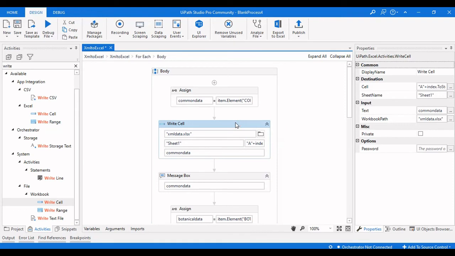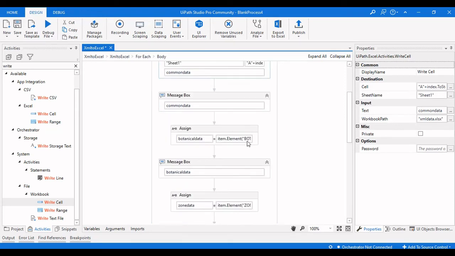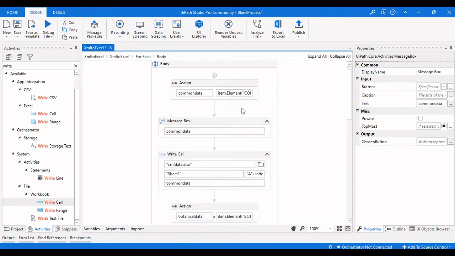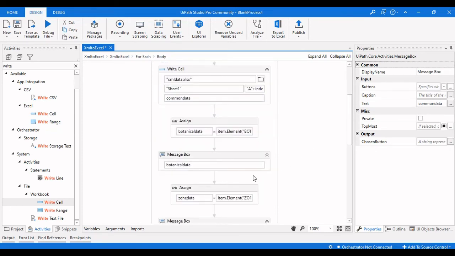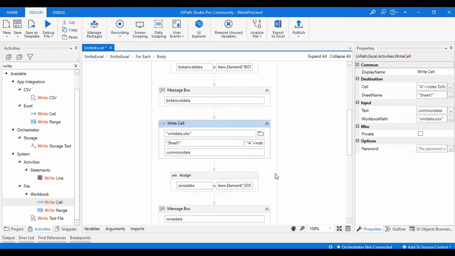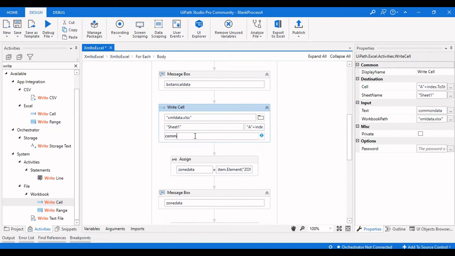And let me copy this activity and then paste this activity here, and let me change the variable to botanical data, and then this needs to be written in column B.